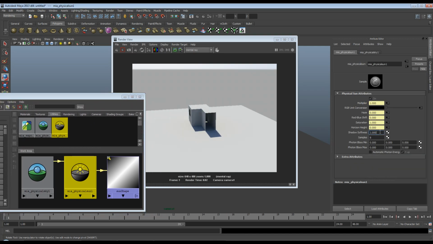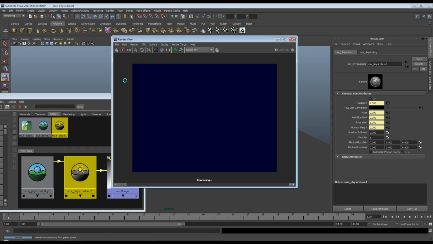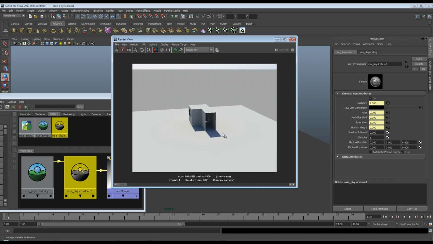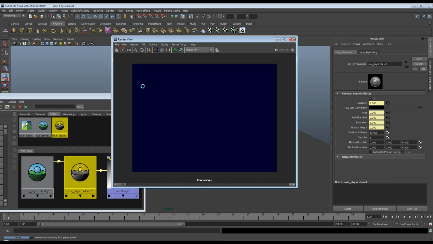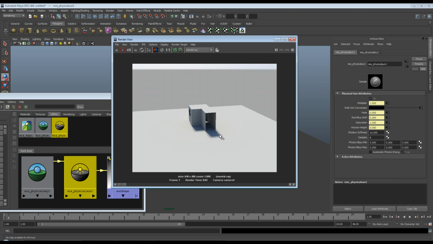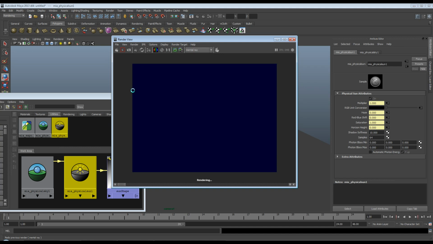So if I change the shadow softness to say 2, you'll see a blurrier shadow, so it's started to blur there. If I want to make that slightly extreme, I'll change it to 10. Personally, I would never go up that high, but okay, I have a very blurry shadow now, but it's very grainy, and this is where your samples come in. So if I change this to 64 samples and hit render,